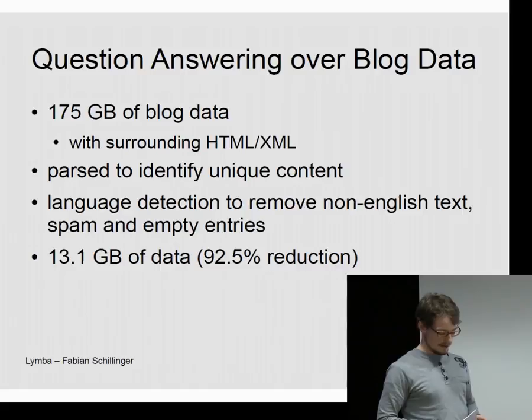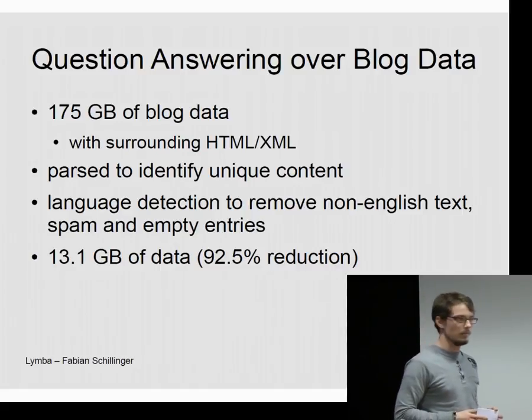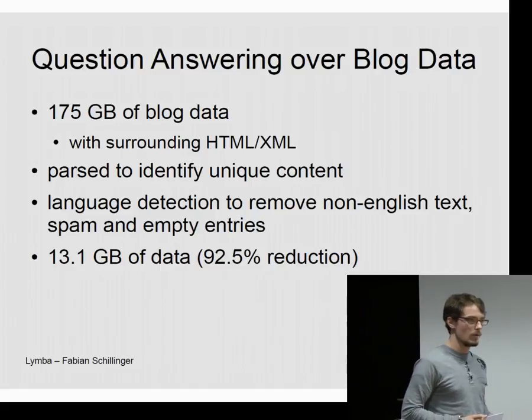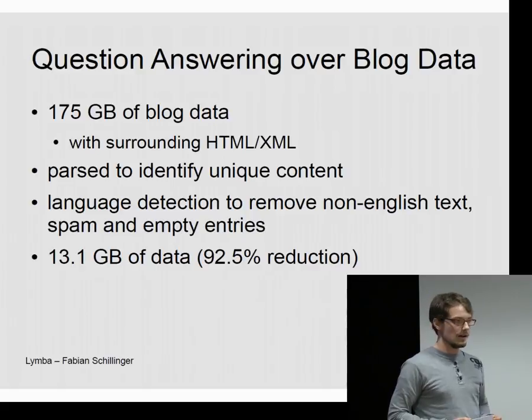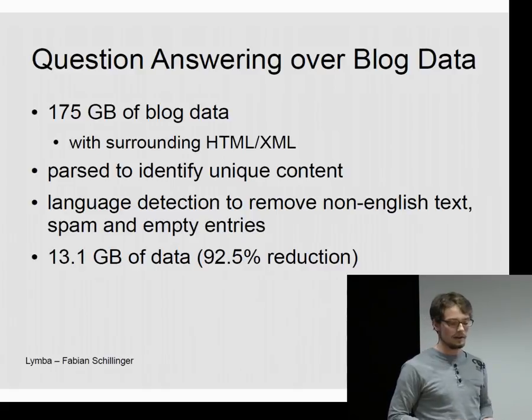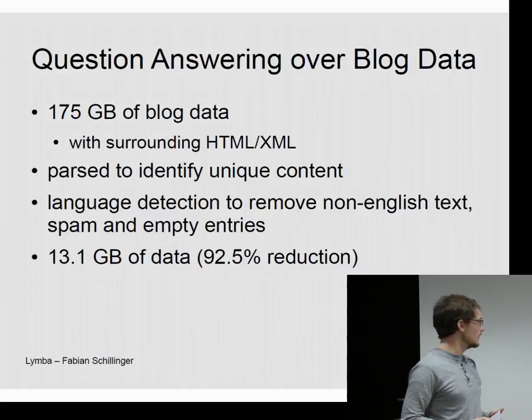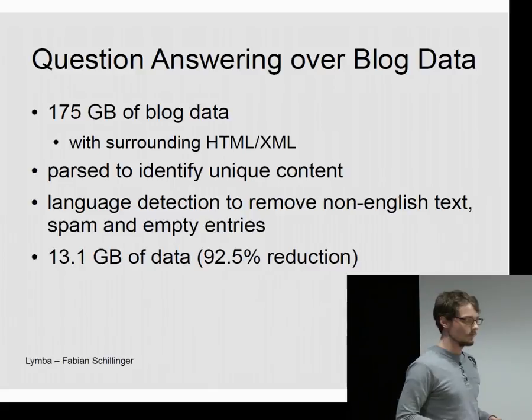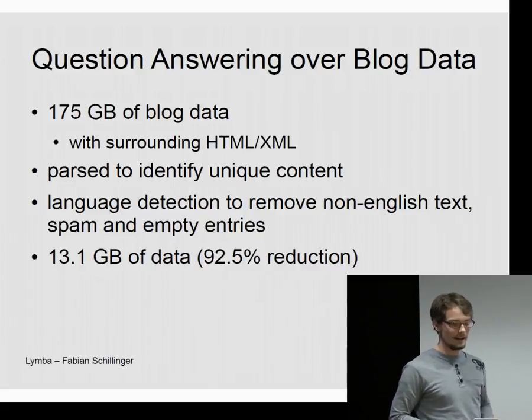In the track of 2007, they had blog data as a source. They had 175 gigabytes of blog data with surrounding HTML and XML. They had to parse these files to identify unique content, and then they ran their tools for language detection to remove non-English text, spam, and empty entries. In the end, they had 13.1 gigabytes of data, which means a reduction of 92.5%. To handle this huge amount of data, they